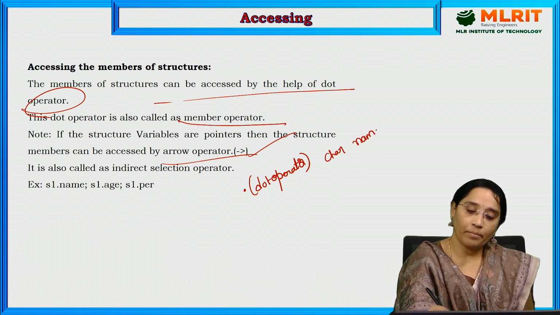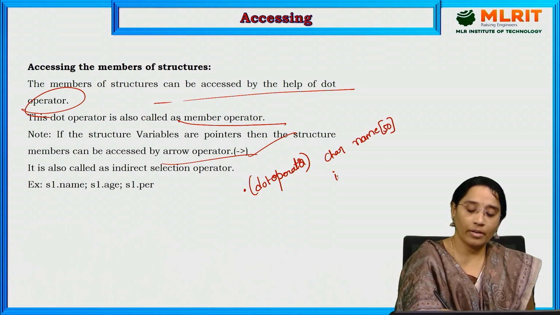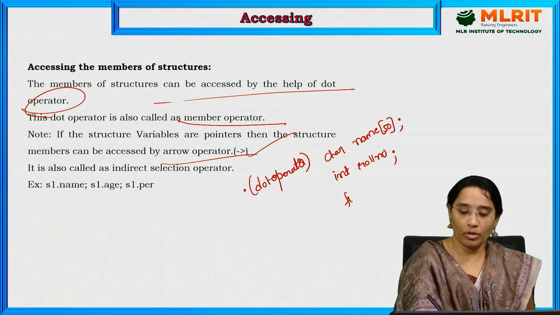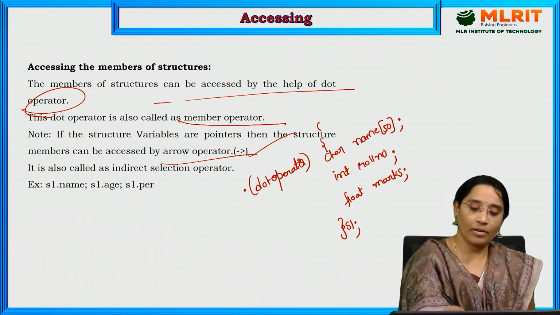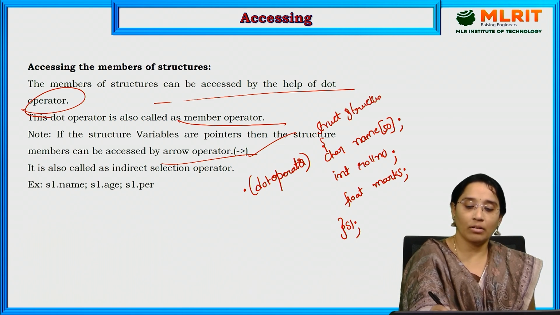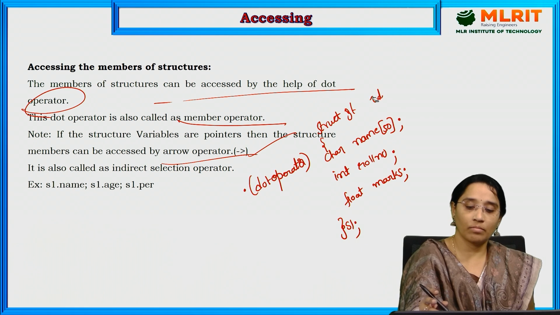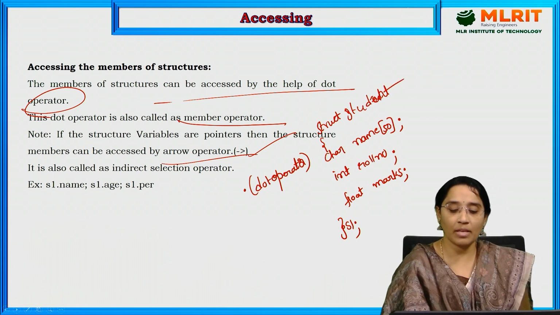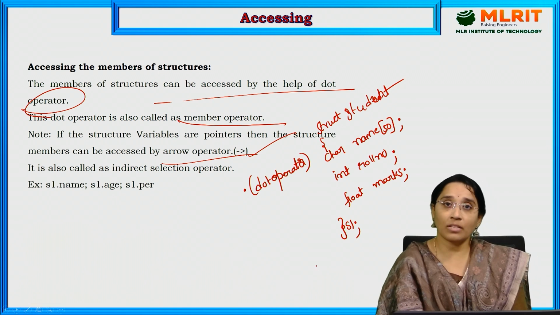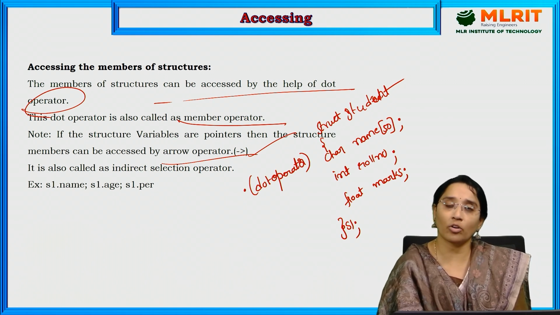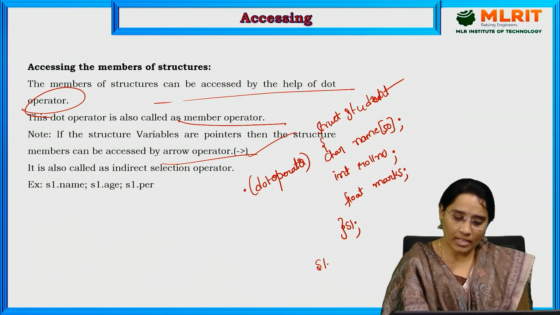char name of 50, int roll number, float marks, and S1. Like this you have declared your structure members. And we need a variable to access the members of the structure. Now how to access the members of the structure? Only with the help of the dot operator you can access. So now I will call S1 dot name,